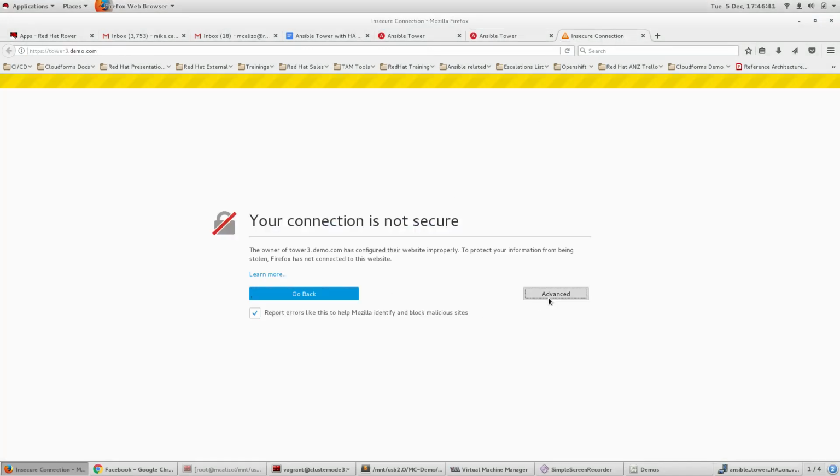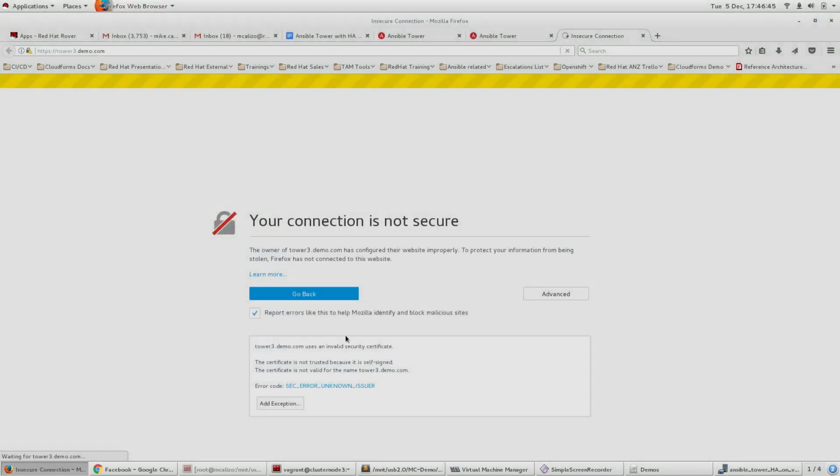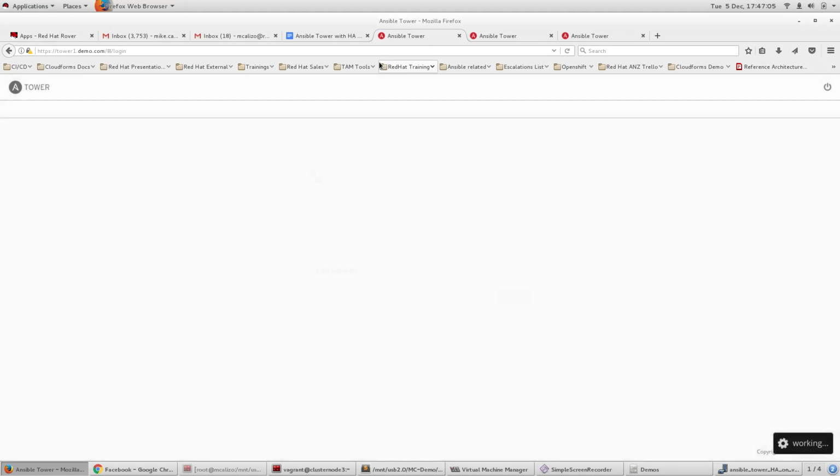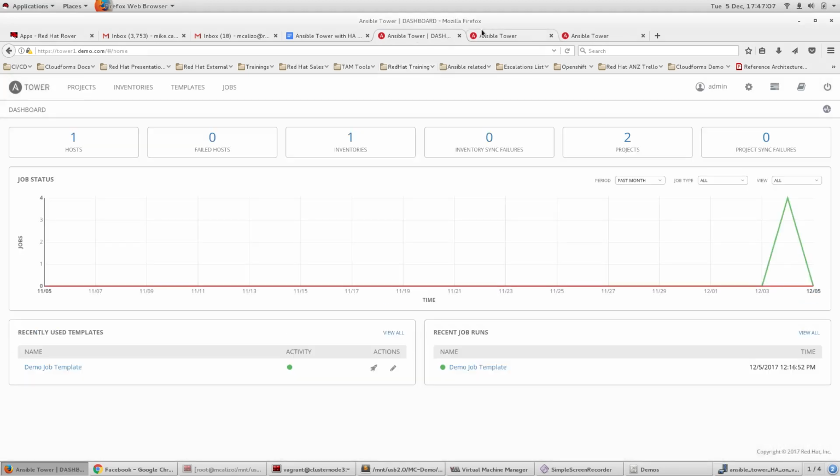But in a production deployment, you can make sure that you have an SSL certificate that you can use. So I now have 3 instances, Tower 1, Tower 2, and Tower 3. I will log in here as admin, and I'll provide the password that I defined in my inventory,